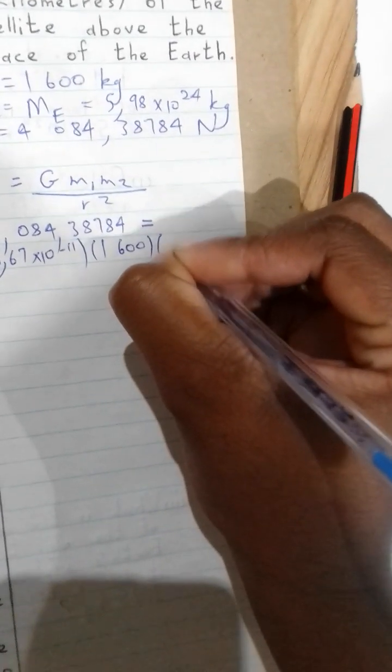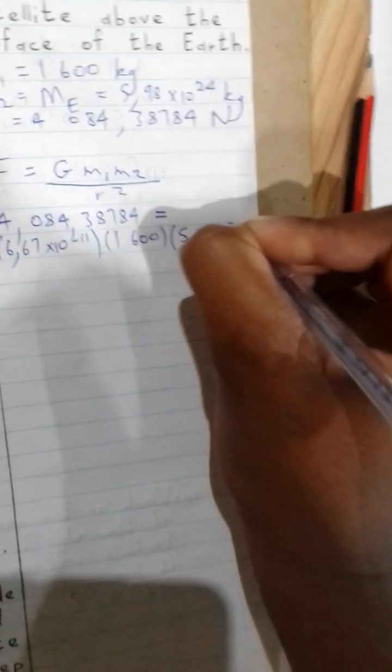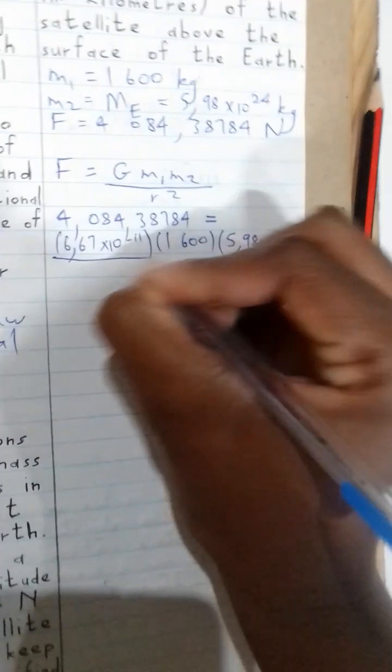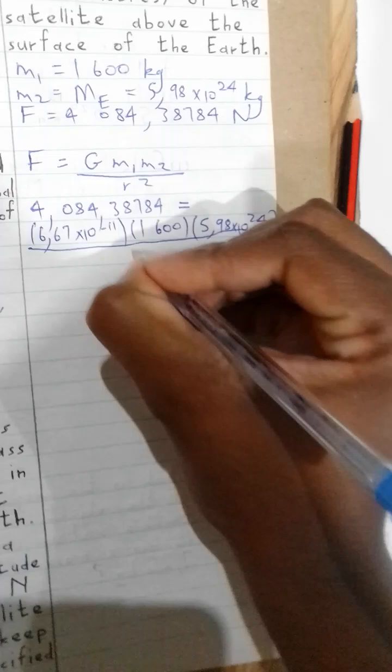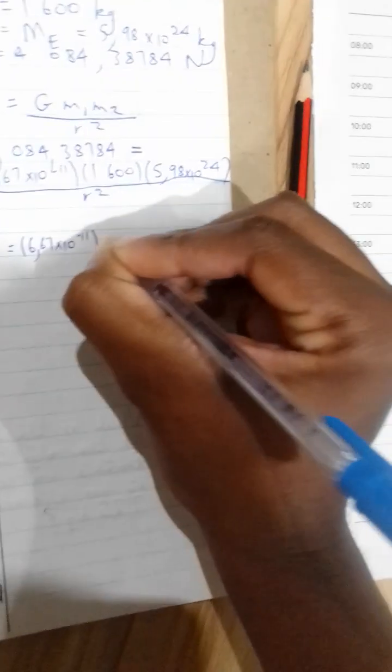M2 is 5,98 times 10 to the 24 over R squared. So R squared goes here and this goes here. We're going to have R squared is equal to 6,67 times 10 to the negative 11, 1,600, 5,98 times 10 to the 24, all over